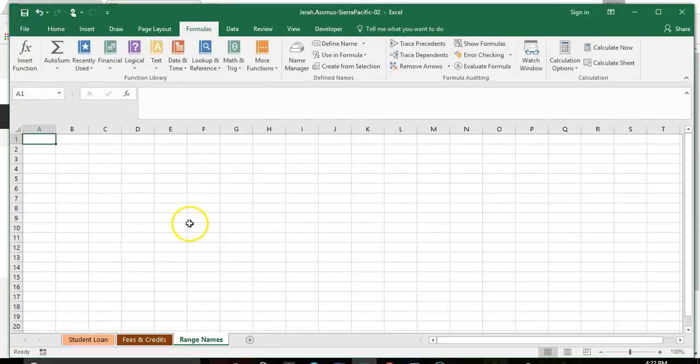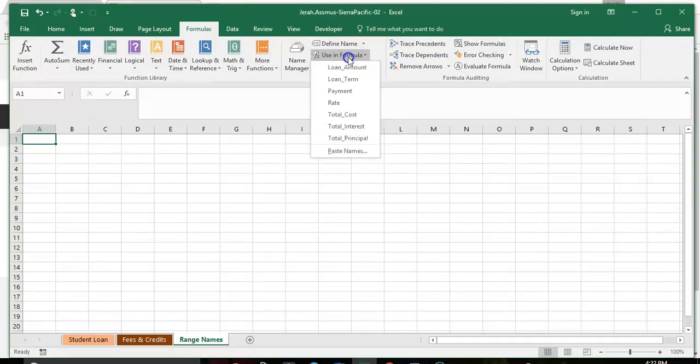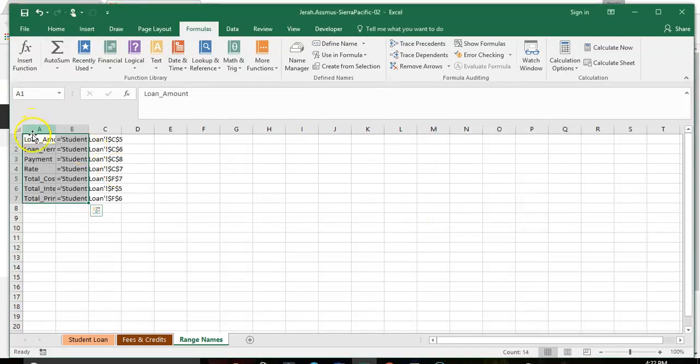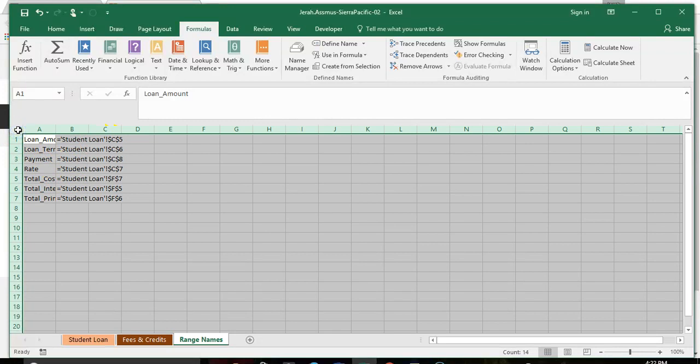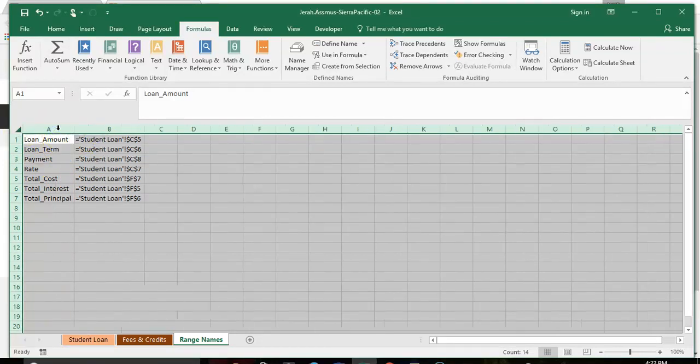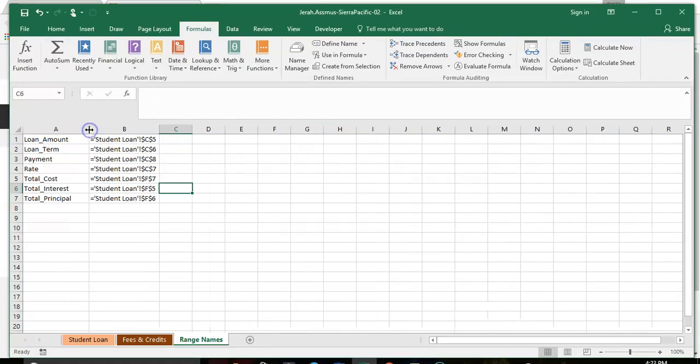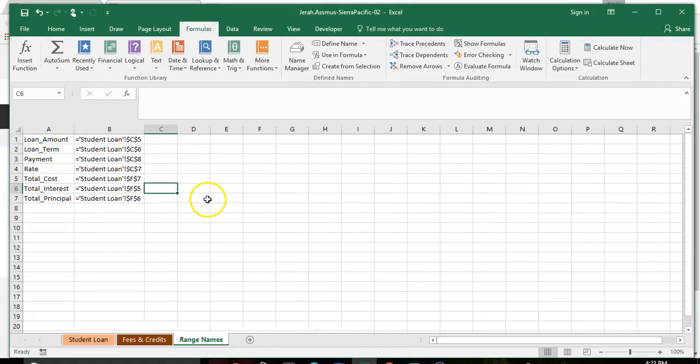Okay, I've got A1 selected. You can either use your function key F3 to open the paste names, or you can come right here in the Formulas tab, Use in Formula, Paste Names, Paste List. It gives me the range name and where it's located. And then I want to auto fit my selection. So I click between the A and the B and double click, and it will auto fit everything. I could come in and drag if I want to, but it's just easier to do it all at the